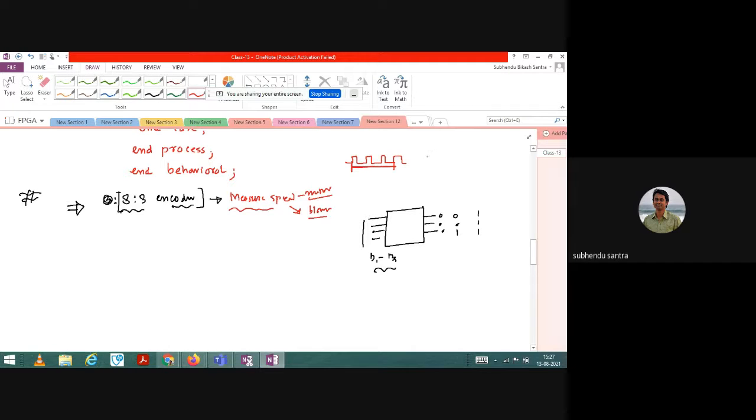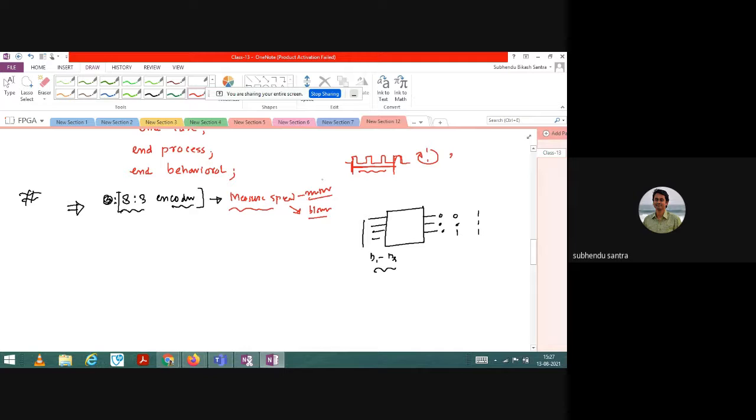One movement is equal to 360 degrees. So if there is a movement, you can understand how many bits are changing in 360 degrees, and based on that information you need to convert with respect to speed.